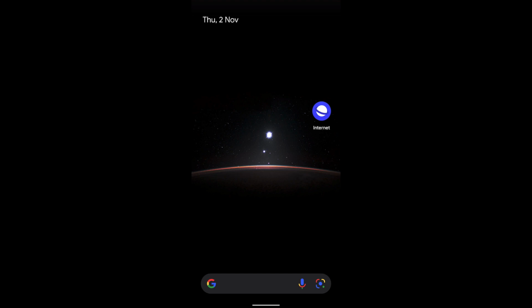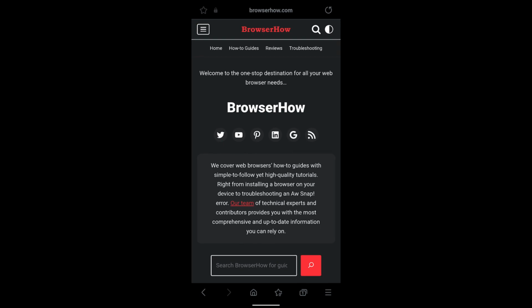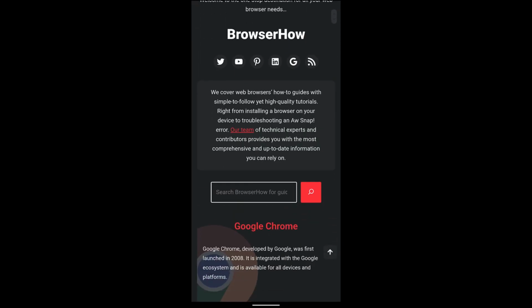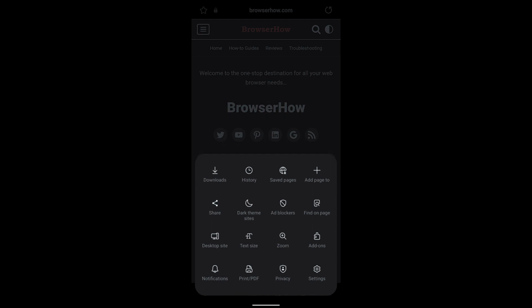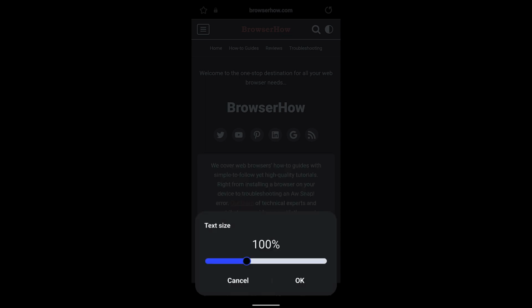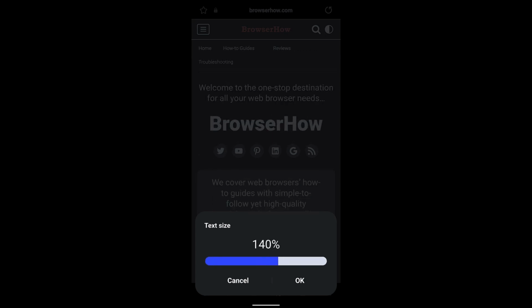In this video we are going to learn how to customize the font size and increase the font text size in your Samsung Internet. Launch the Samsung Internet browser, open any web page that you want to increase the text size, tap on these three bar options, and in column number 2, row number 3, you can see this text size, and you would be able to see this text size bar, which you can just increase or decrease